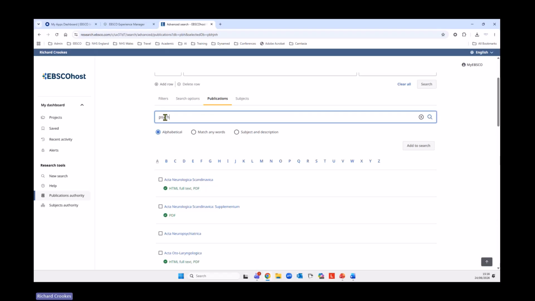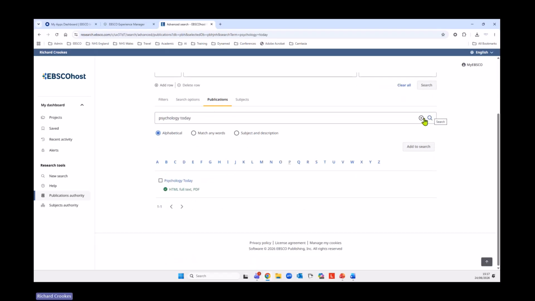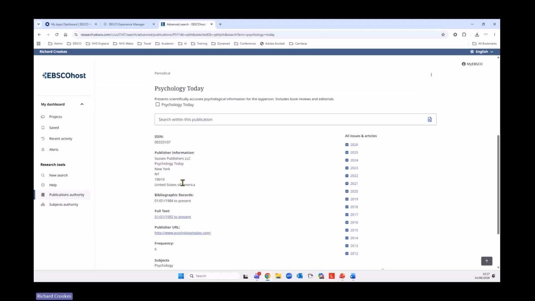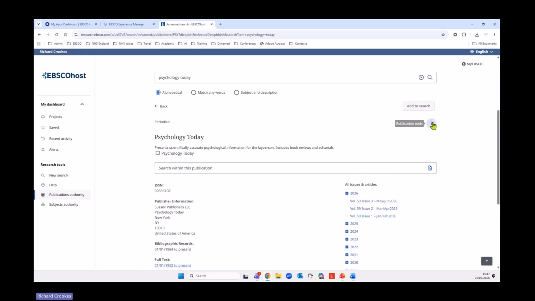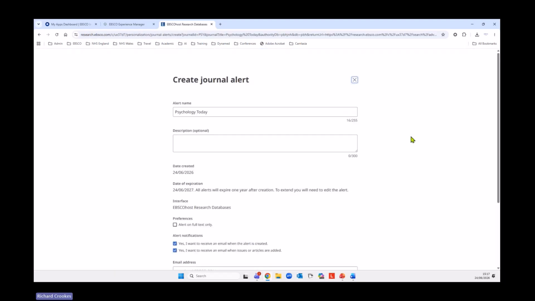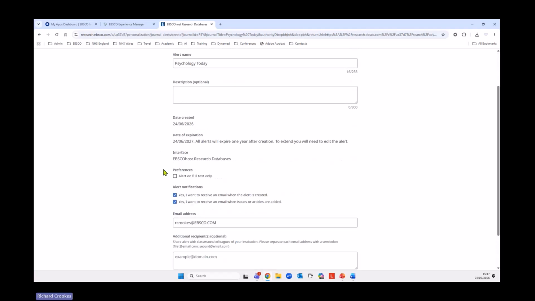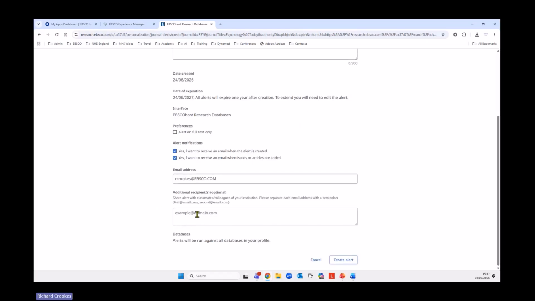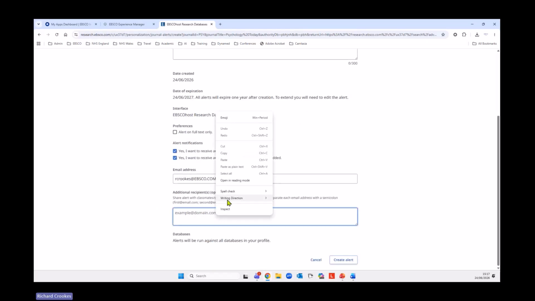So if you go, for example, for Psychology Today and search, you'll see it's a full text journal. Click on the title link. This will give you the issues that are available, etc. So if you click through to any one of these, it will appear in the result list. But importantly, we have the tools menu, so you can search within it as well, but also the option to create the alert for this title. So again, this may be for yourself, it could be for a psychologist, for example, and then you have the options there below. And then if you enter your email address here,